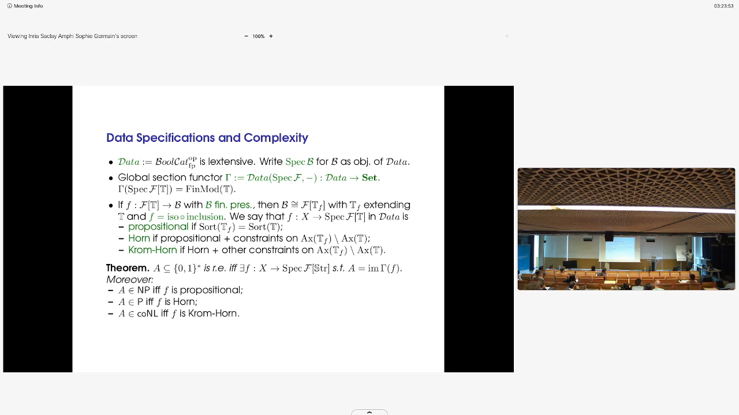So since in data everything is read backwards, this becomes Spec of F, terminal object, into Spec of F of T. A map like this, remember, I'm considering them modulo isomorphism. Because this is a model, but I want models modulo isomorphisms. So for example, a map from Spec of F to Spec of F of, remember that theory string, this is exactly a binary string. It's nothing but a binary string, and now I can speak of binary strings in my